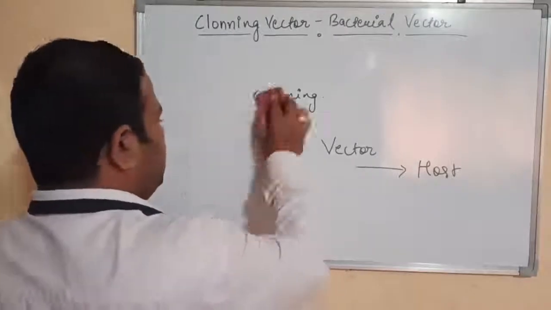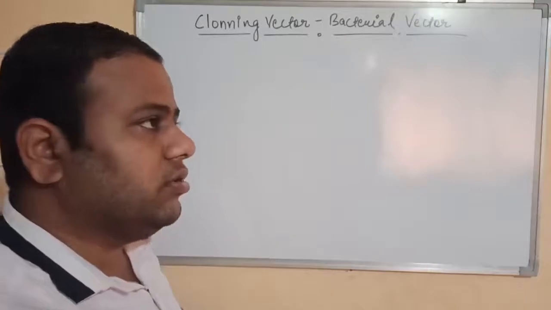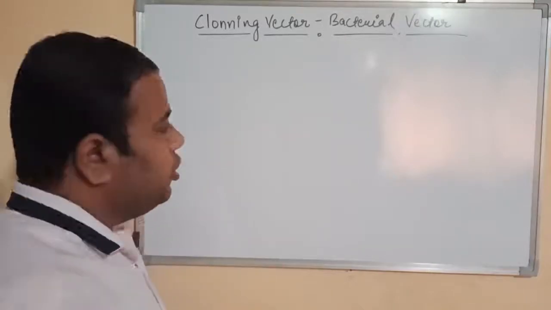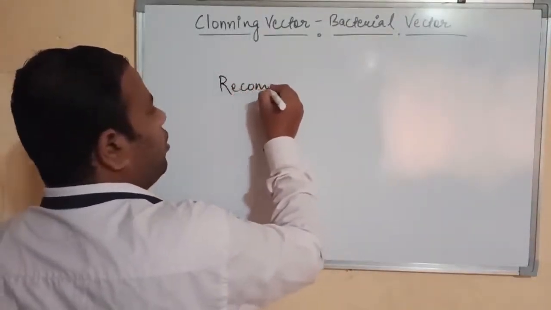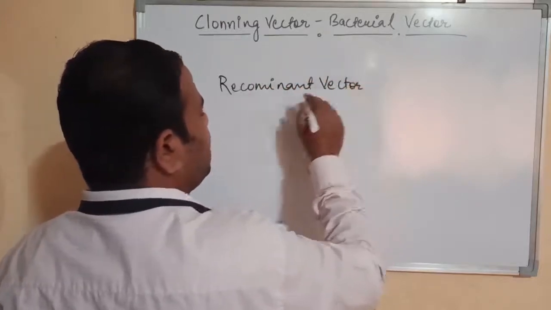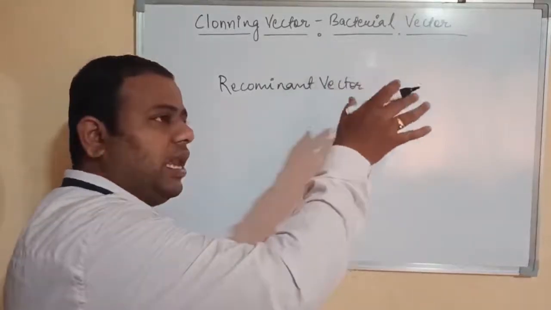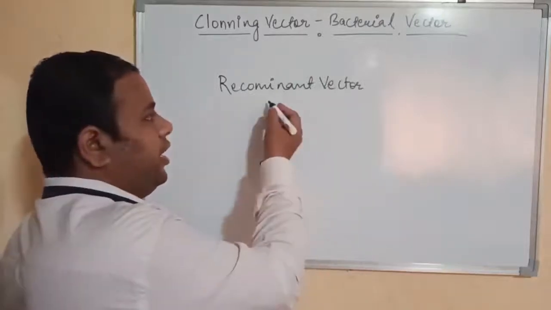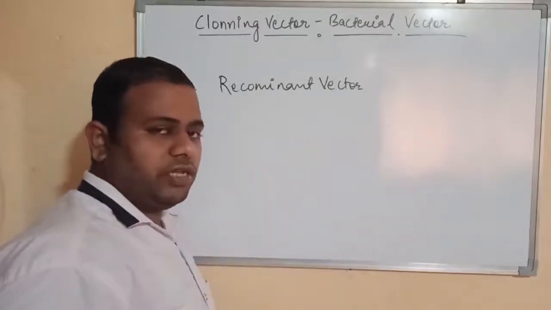First of all, cloning in bacteria requires a vector in which different sizes of DNA fragments can be inserted. The vector in which foreign DNA has been inserted is called a recombinant vector, as the foreign DNA particle is introduced into this. This vector is then allowed to transfer into the host cell, in which it gets incorporated and it will transfer our gene of interest, or it will express our gene of interest in the host cell.